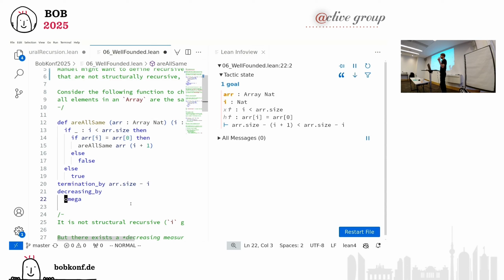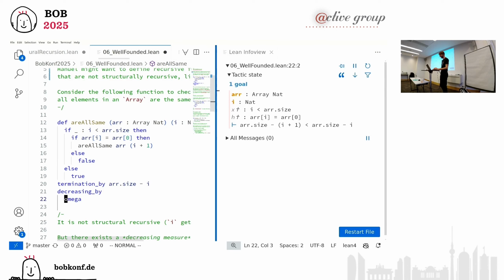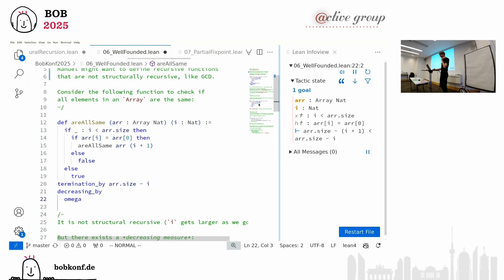And again, some arithmetic proof. It's probably a lemma I could use, but I don't want to think about which lemma to use, so I just use, again, omega, and it proves this for me. And this is the general scheme of recursive proofs using well-founded recursion, which is a very powerful method because you can do very complex things here.